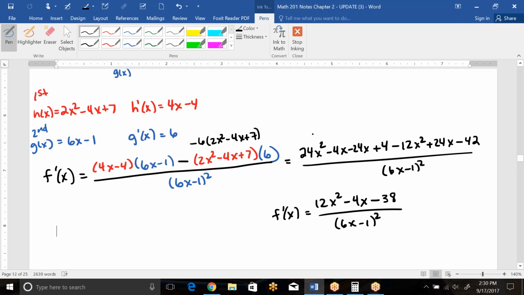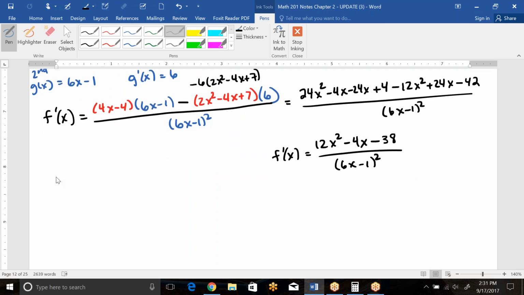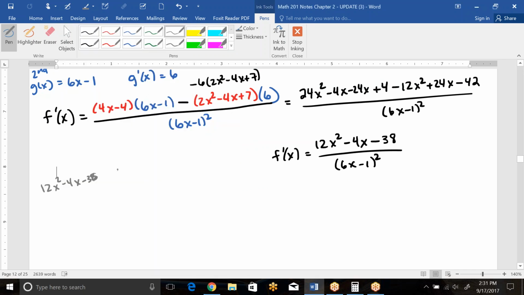So let me just double check my math there. 24 minus 12 is 12. That's negative 28 plus positive 24, so that's negative 4x, and then a positive 4 and a negative 42. Okay, so we've got that top part correct. Now before I circle it, I am going to double check. 12x squared minus 4x minus 38. 38, not 36. If we're going to try to factor that, we would do 12 times 38, which is 456,